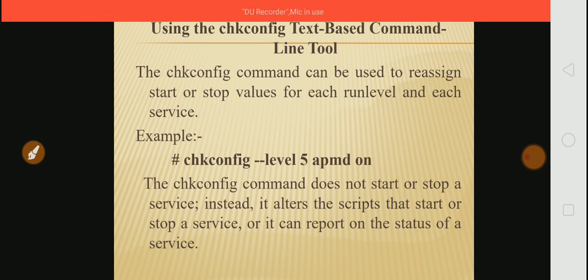This makes the apmd service on in run level 5. But the chkconfig command does not start or stop a service. Instead, it alters the script that starts or stops the service, or it can report on the status of the service.